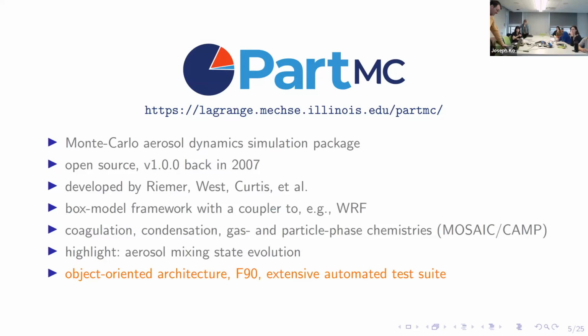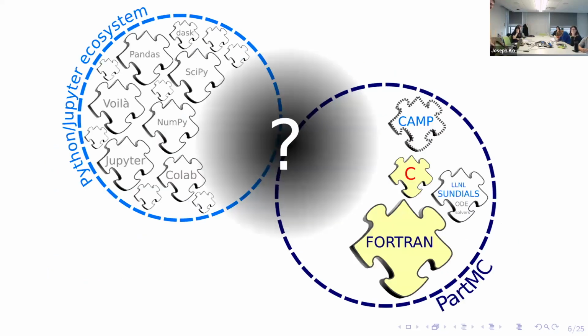So something that is a very good starting point when we think of extending it towards other technologies. And to paint a picture of the challenge that we faced, the goal was to answer this question: how to bridge the PartMC world on the one end, with most of the code base written in Fortran, part of it in C, and several dependencies for the numerics, with the typical expectation of a user nowadays